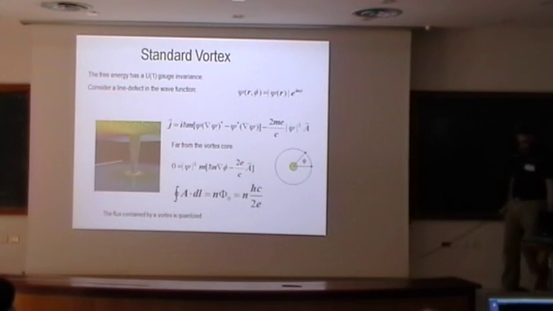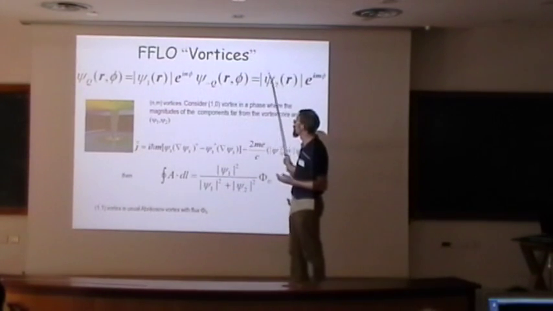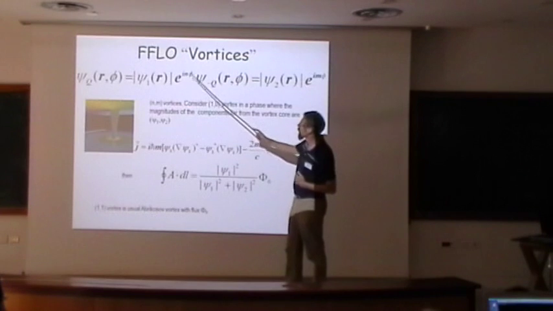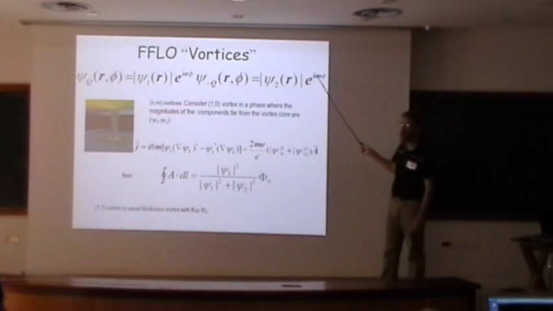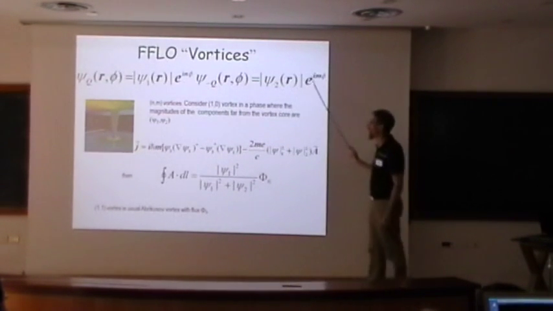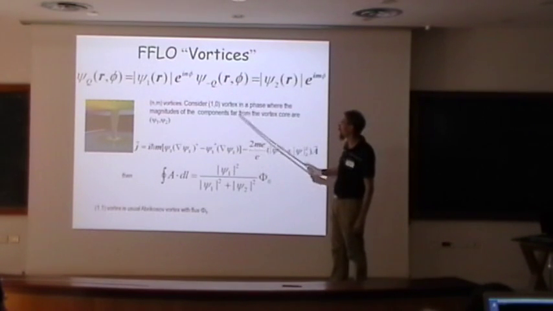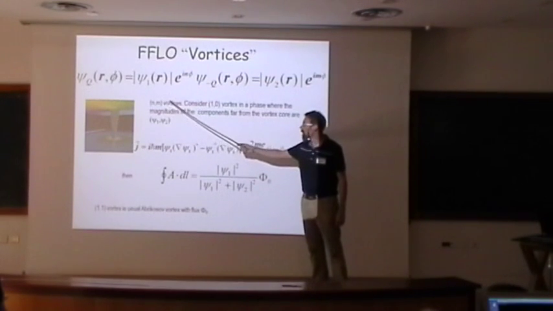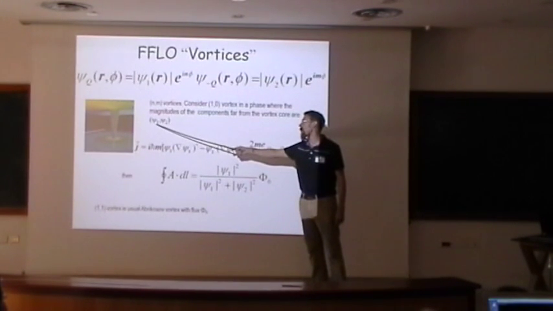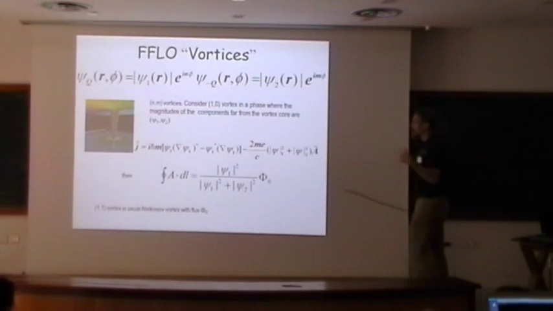Now if we go to the U1 cross U1 symmetry vortices, in particular, I now have U1 cross U1 symmetry. I can allow a phase winding of n in one component, and keep the other component without winding. I can ask the same question: what is the flux enclosed when I wind this by 2 pi, but keep this approximately constant? All right, and so let's just do that. Let's consider a 1-0 vortex, but far away from the vortex, the magnitudes of the order parameter are psi 1 in the first component and psi 2 in the second component. You find that this is quite generally the case in this FFLO-like phase. So now we can do the same thing.